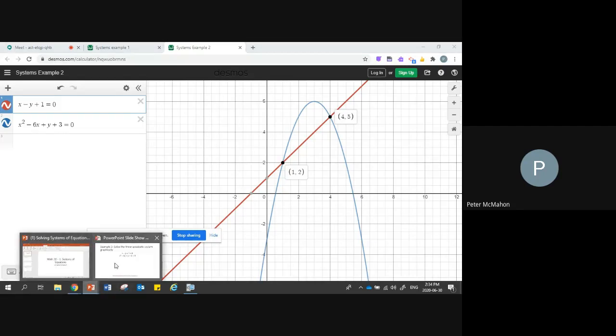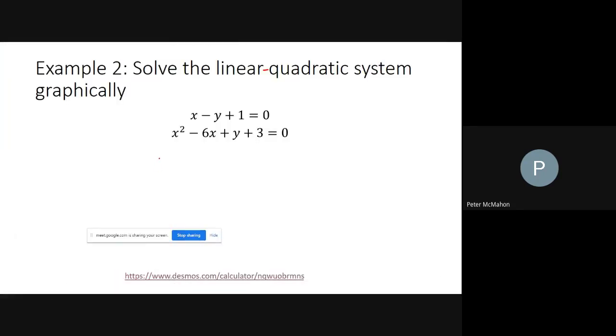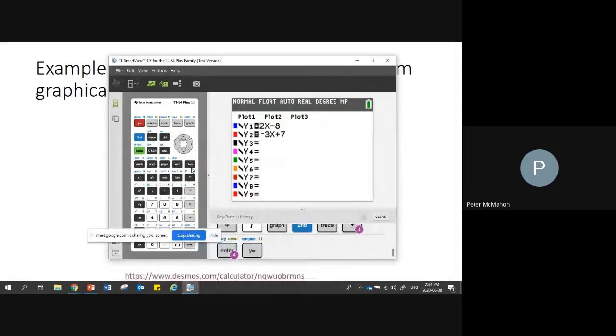So we have x, y equals 1, 2, comma 4, 5. Okay. Now, using our other calculator, so using the graphing calculator you have, we're going to go y equals, we're going to clear what we have in here. And the same thing that we have to do, we need to solve both of these equations